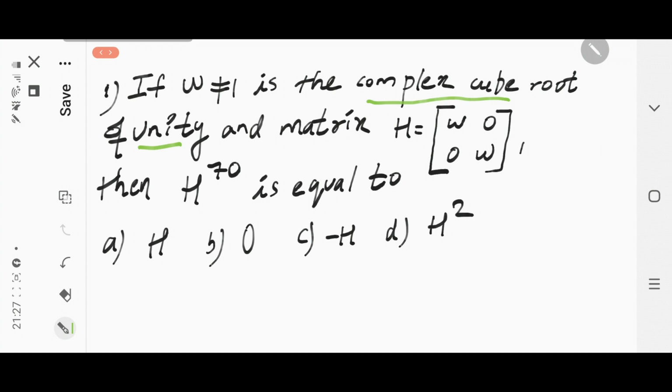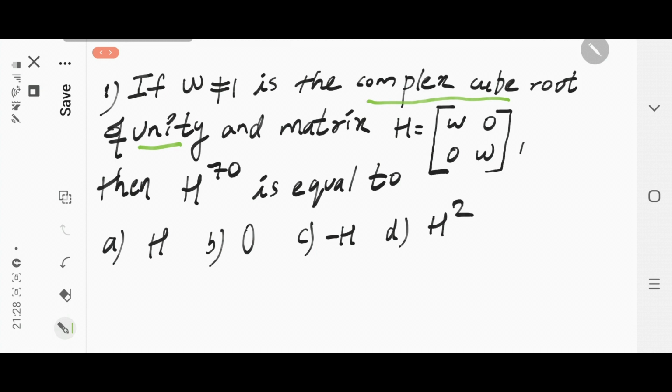This is my fourth lecture in dealing with some of the very important questions which will be coming for your JEE examination in the year 2020. Today we will deal with some of the very important questions. We are going directly to the question here.